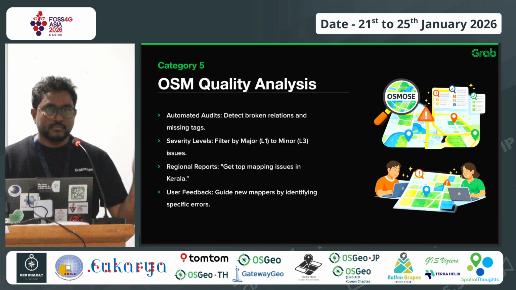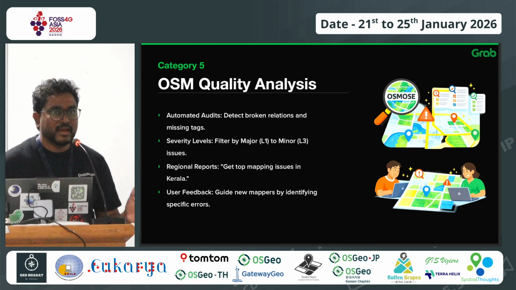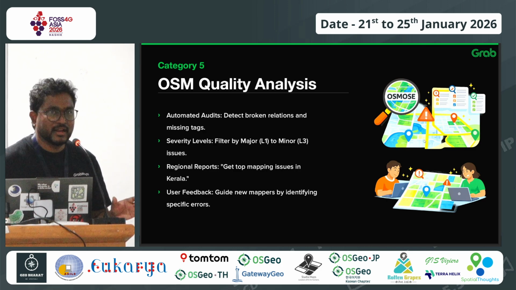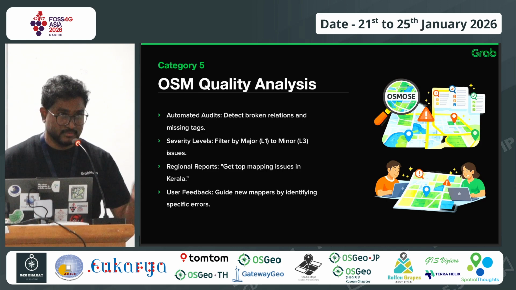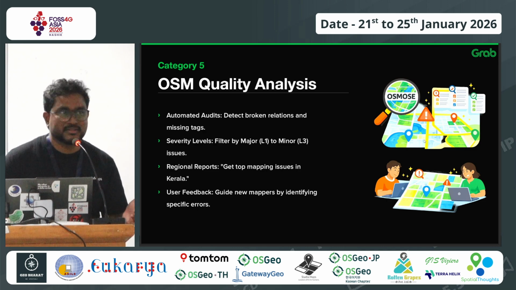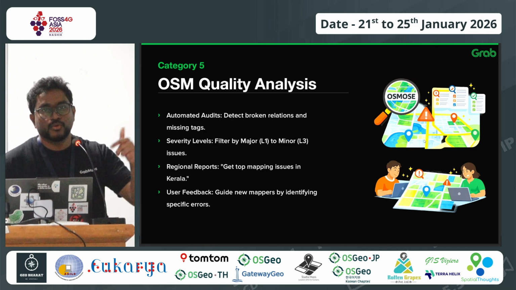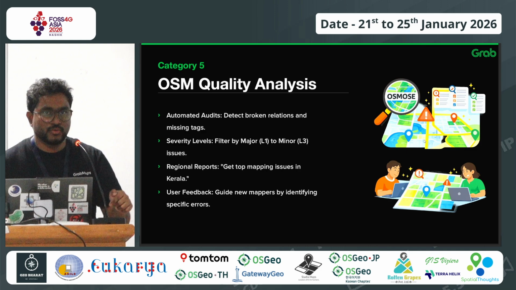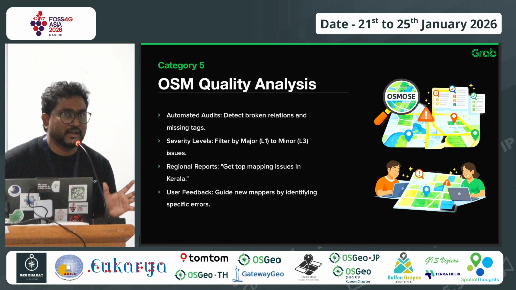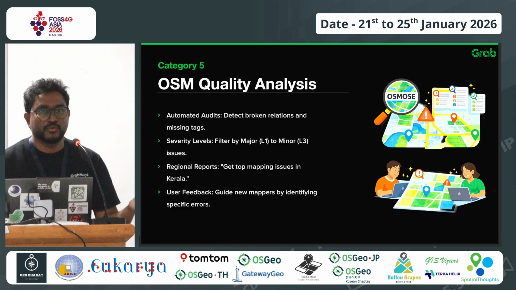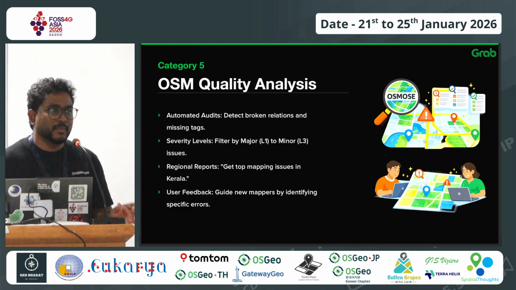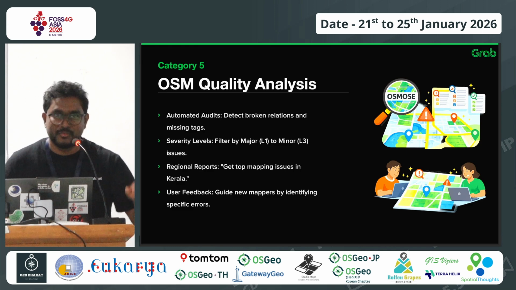But let's say you are a little lazy and ask an AI agent to do the quality analysis. You are going to plan some area or do some mapping on some area, you can ask, hey, can you analyze the quality of this Nashik? Then it can go to Osmos, hit that API, and give you a chart: hey, these are the issues I have found, which one you want to take first. Then you have to manually fix it. I will never recommend asking an AI agent to fix it, it will mess up a lot of data, okay?